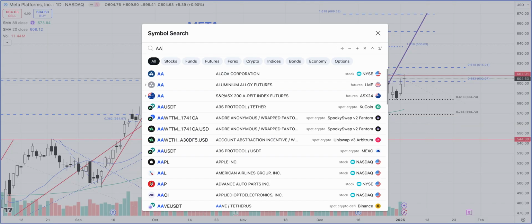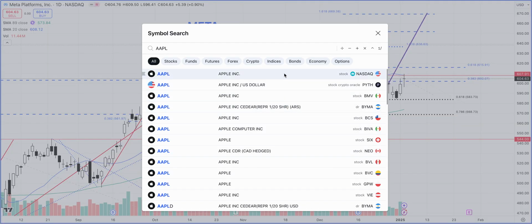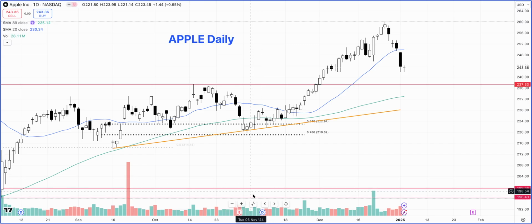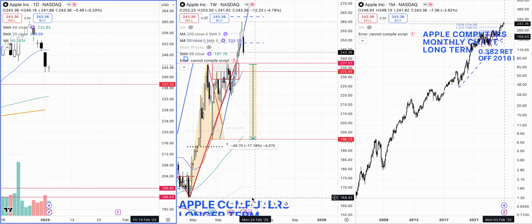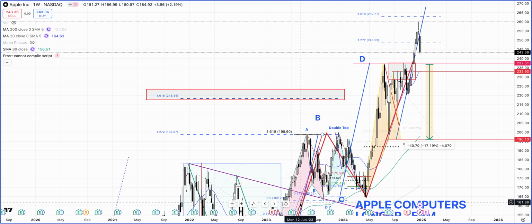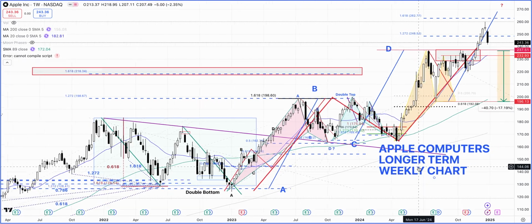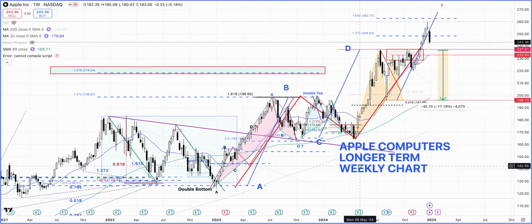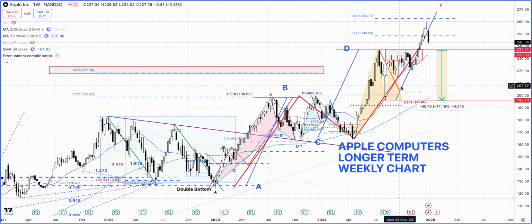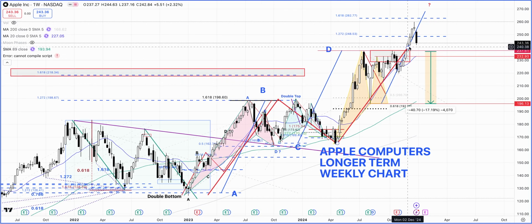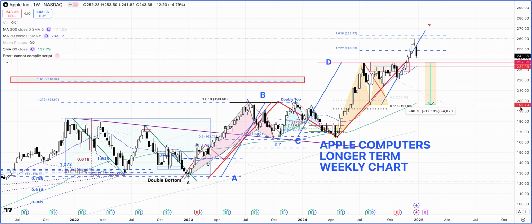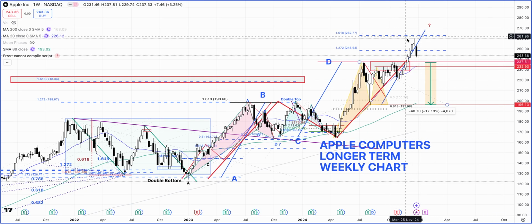Now let's take a look at Apple. So we'll move to the weekly chart for this. Here we go. So look at this, what's happening in Apple. We have been bullish on the Apple stock, and with Apple we were watching for, yeah, it went right into the lower and the higher levels that we were watching, with the potential of